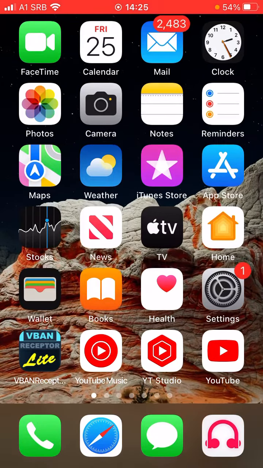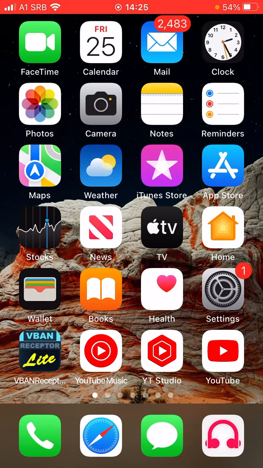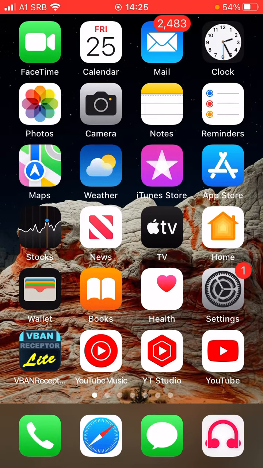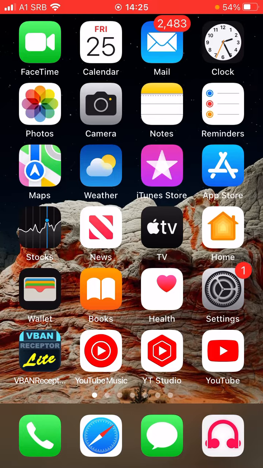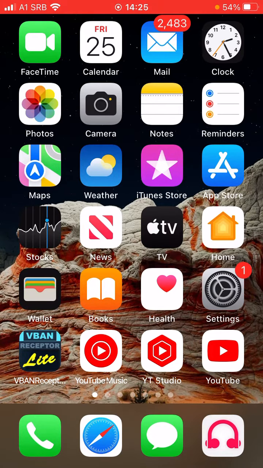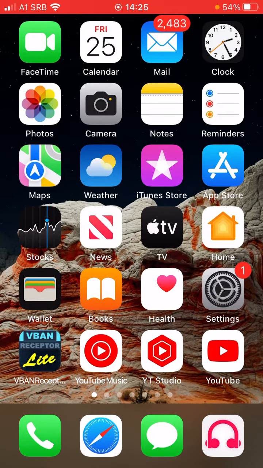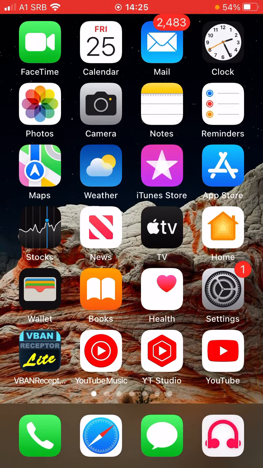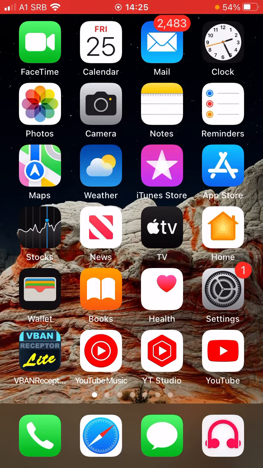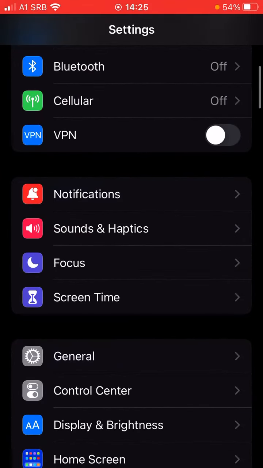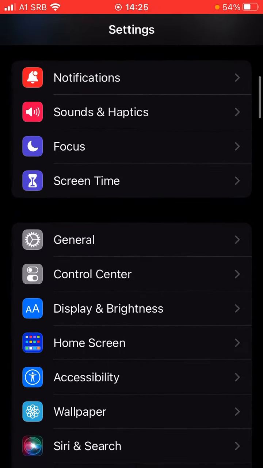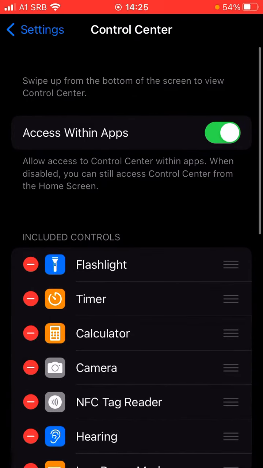Hello guys, today I'm gonna show you how to change or add multiple toggles to your control center on iOS on any version. So like adding flashlight or calculator or all that stuff. So let's get started. All you have to do is go to settings, then scroll down, control center, and